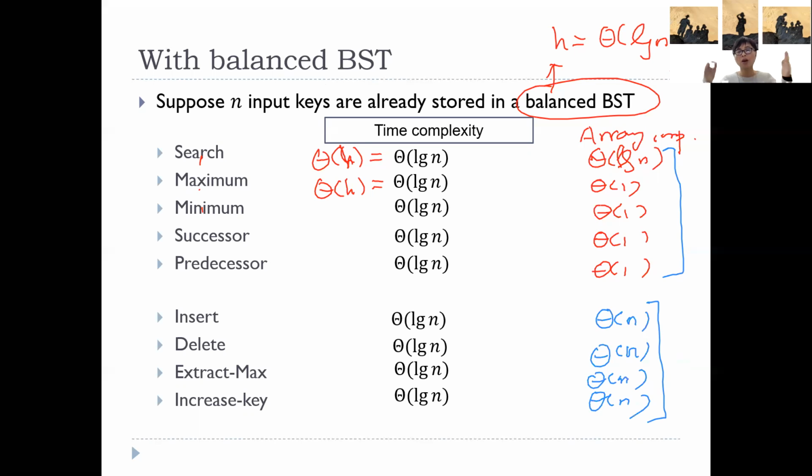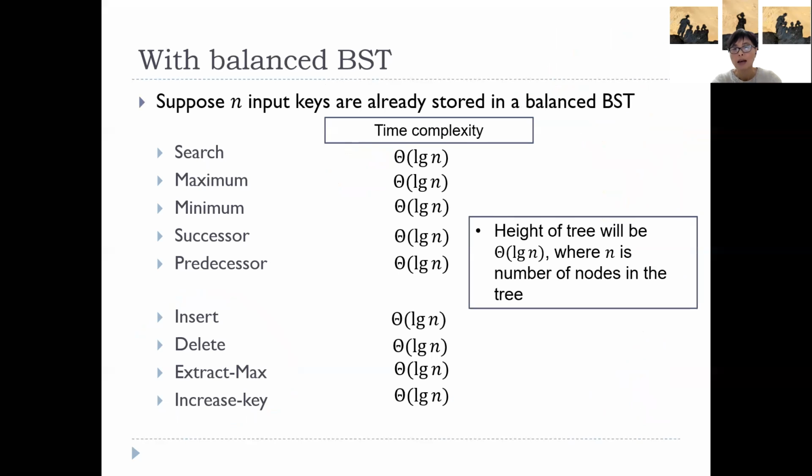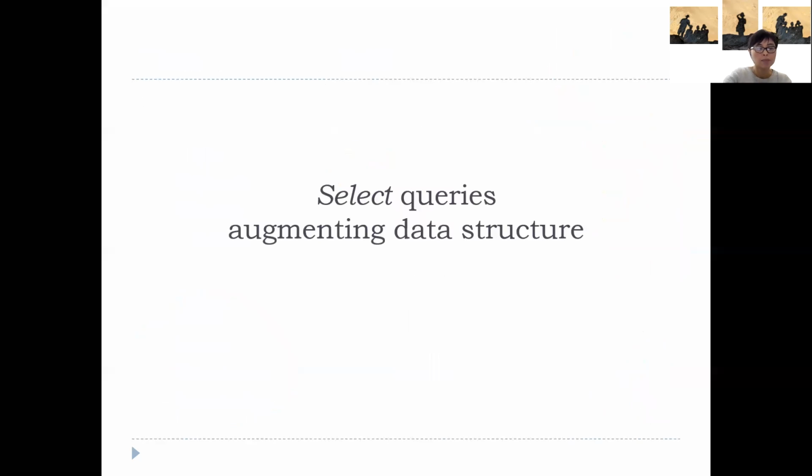In practice, if you have a database to maintain, very often you have dynamic updates to your database. New students come, we need to insert their records. Older students graduate, we have to delete their records, so you always need these dynamic updates. So we can use a binary search tree in this case to help us do all of them efficiently. But to achieve this, we need to use a balanced binary search tree. All right, so this is what I want to say about the balanced binary search tree. And next,